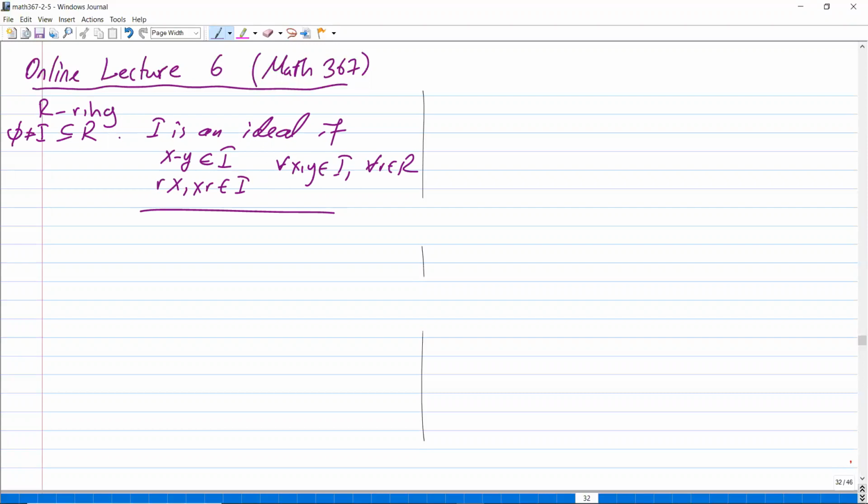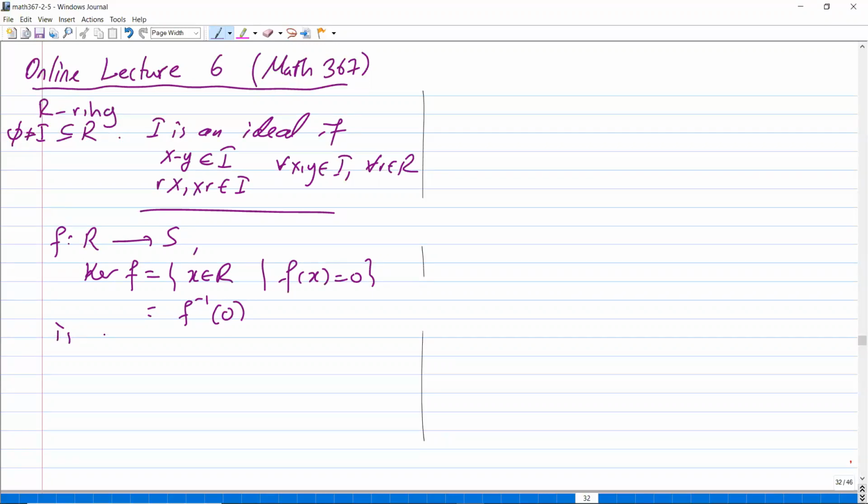Now, we also remember if we have a function f from a ring into another ring, we have a natural ideal, namely the kernel of f, that's the set of x in R such that f of x is 0. Another way of saying this is that it's the inverse image of 0. So this is an ideal